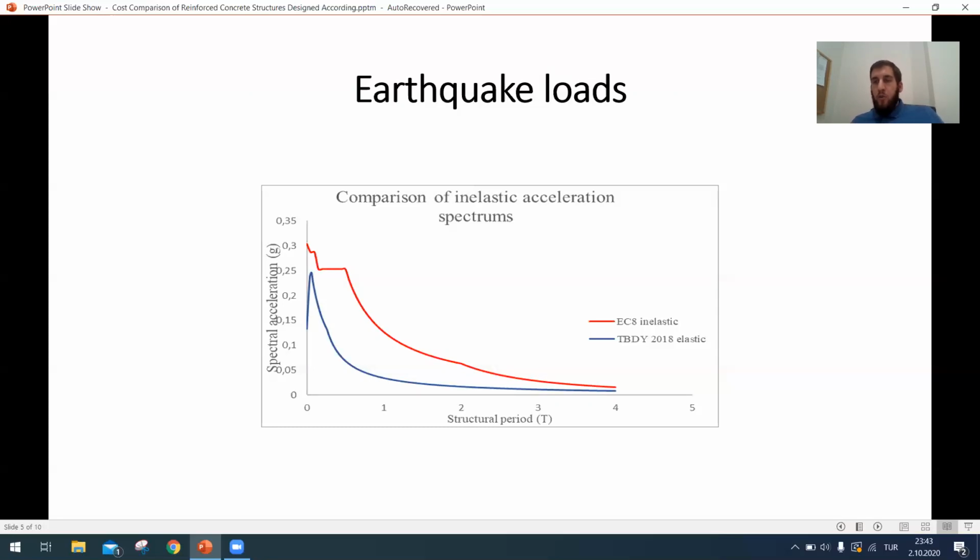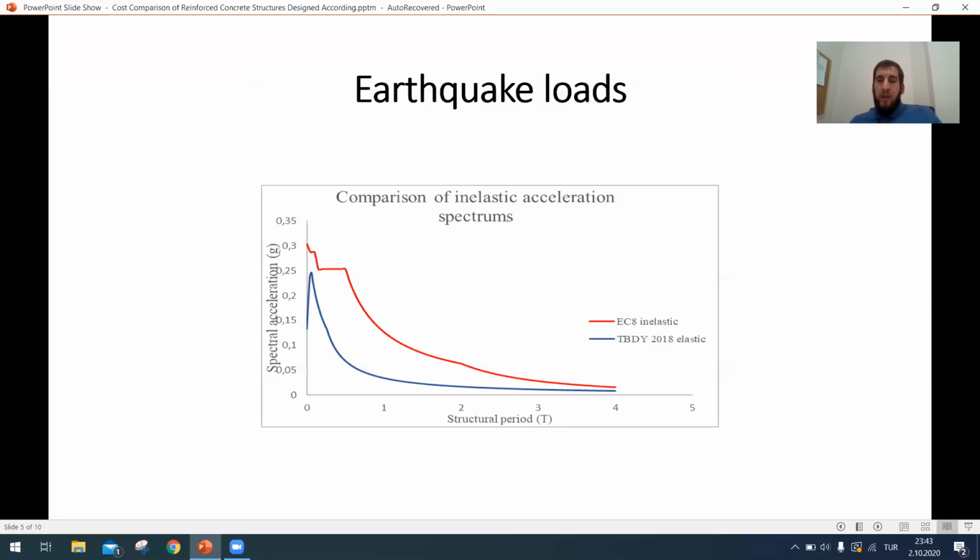The PGA value we used was about 0.38 g. After defining the spectrum, we can see that Eurocode provides larger earthquake loads, which lead to higher sections, therefore higher